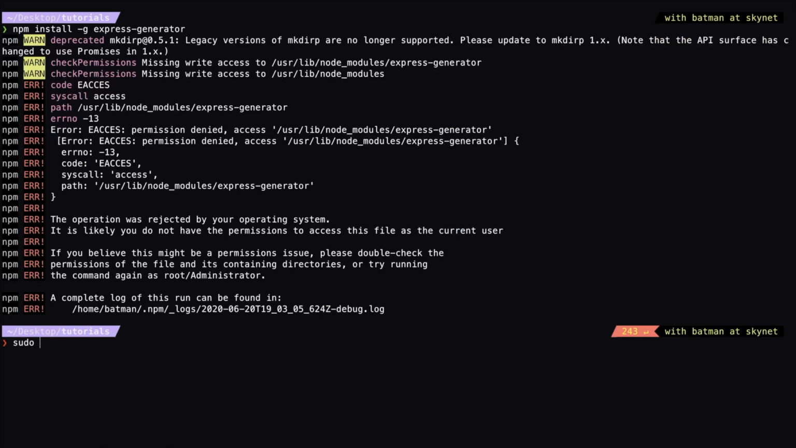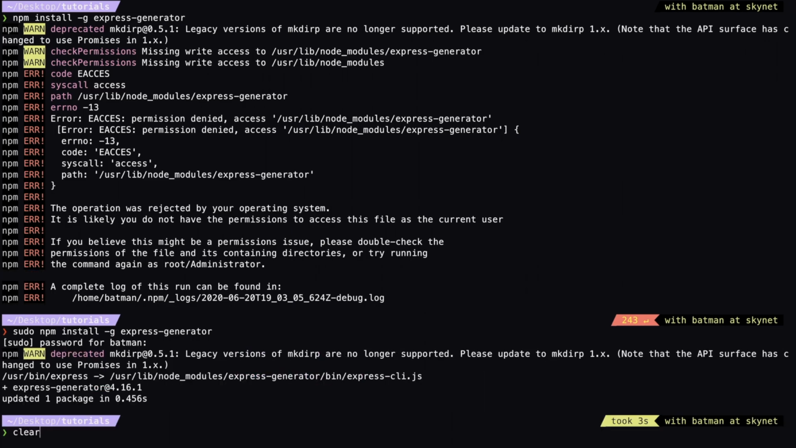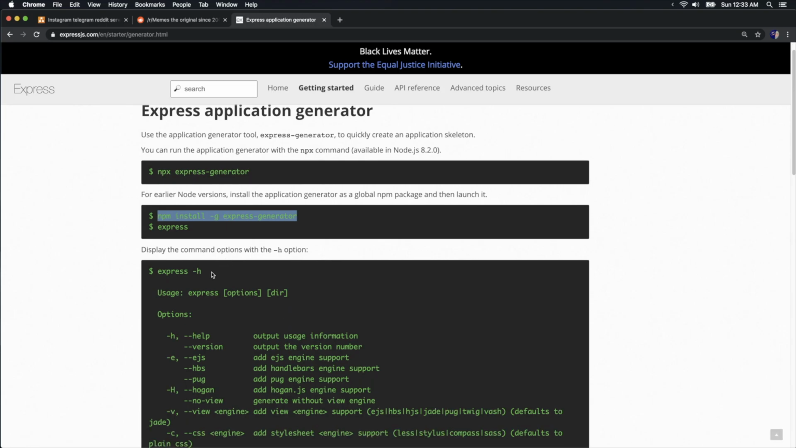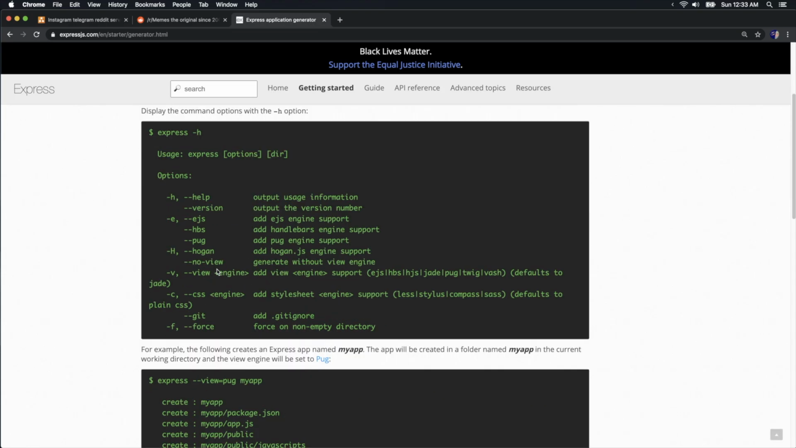Okay, I need to do a sudo with it. So, cool. Now that I have the Express generator installed, I need to create an Express application, but keep in mind